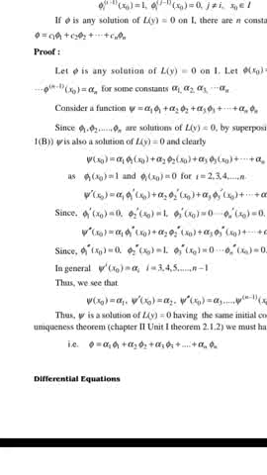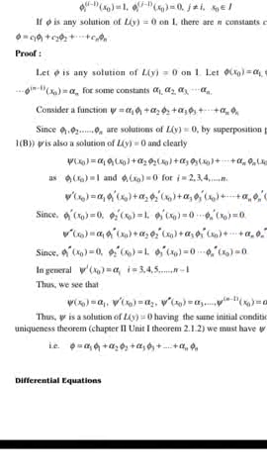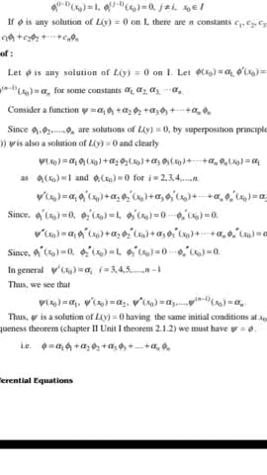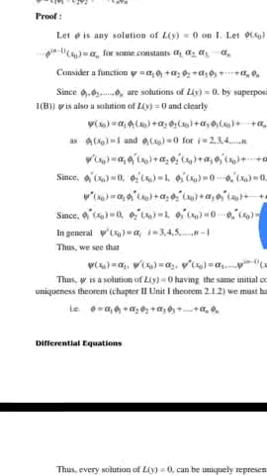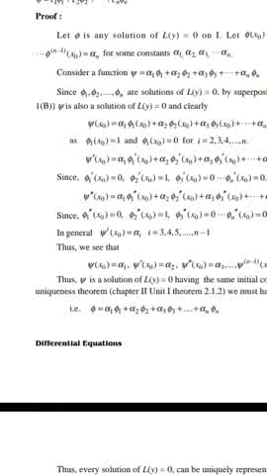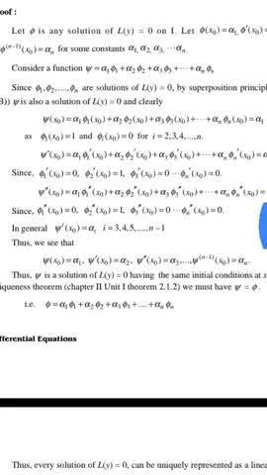As pi 1 of x naught is equal to 1 and pi i of x naught is equal to 0 for i equal to 2, 3, 4, dot dot dot n. Psi dash of x naught is equal to alpha 1 pi 1 dash of x naught plus alpha 2 pi 2 dash of x naught plus alpha 3 pi 3 dash of x naught plus dot dot dot plus alpha n pi n dash of x naught, which is equal to alpha 2. Since pi 1 dash of x naught is equal to 0, pi 2 dash of x naught is equal to 1, pi 3 dash of x naught is equal to 0, pi n dash of x naught is equal to 0,